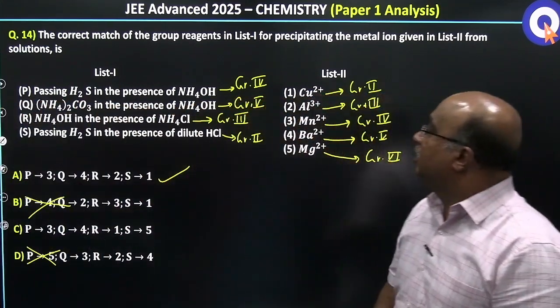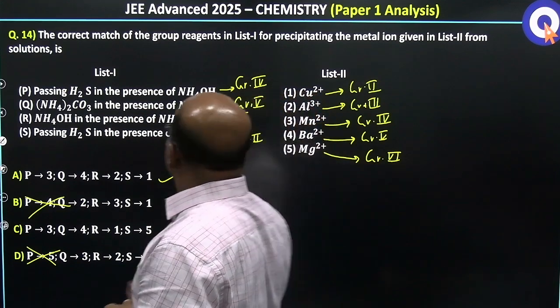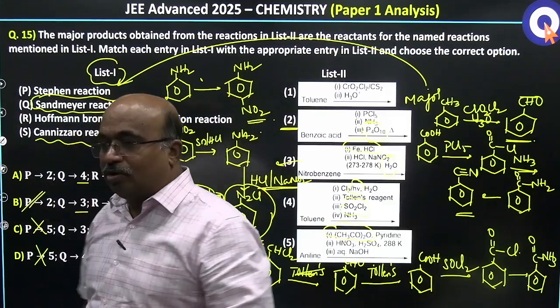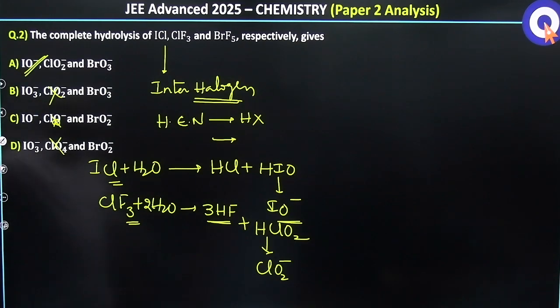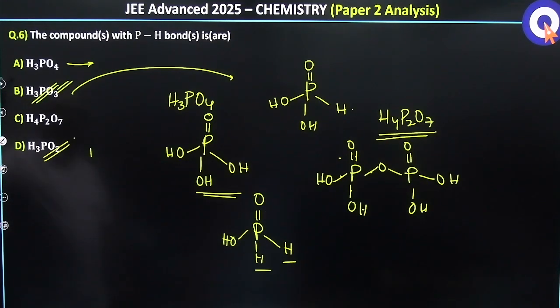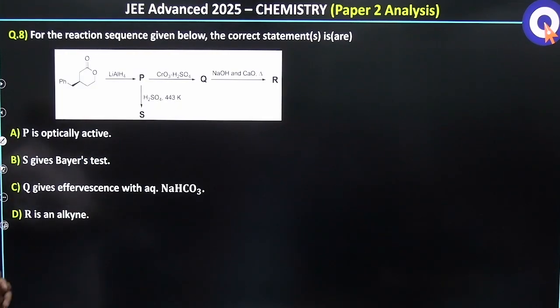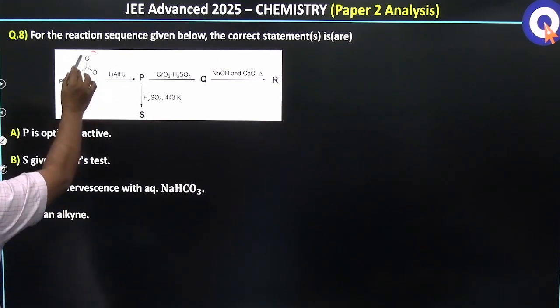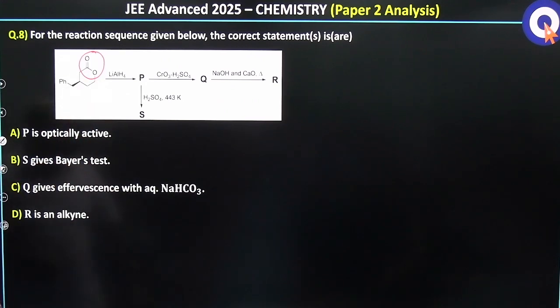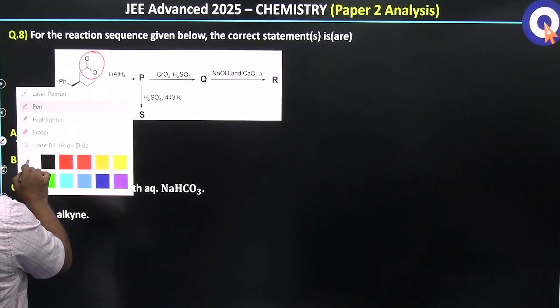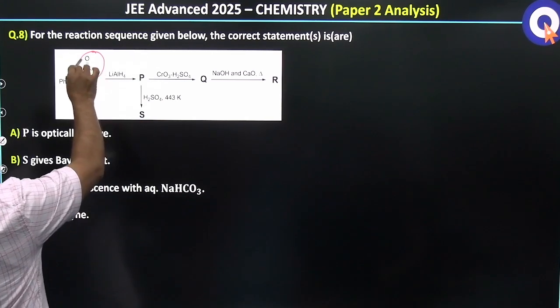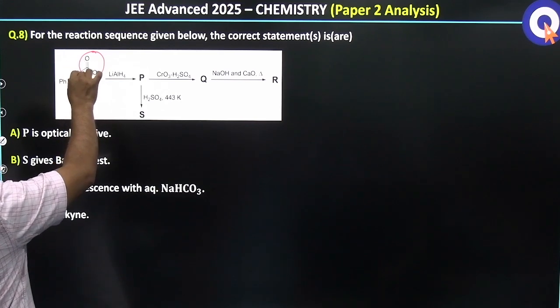Then next it is from paper 1 till now. We are having paper 2, already discussed some questions. This question was covered. Now coming to this. The reaction with lithium aluminum hydride. This is an ester. Ester with lithium aluminum hydride converts esters and aldehydes into alcohols. So P will be what we get: the reduction of this carbon of carbonyl, so that it will convert